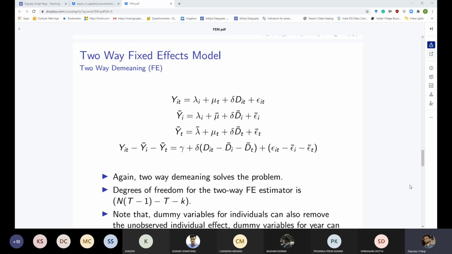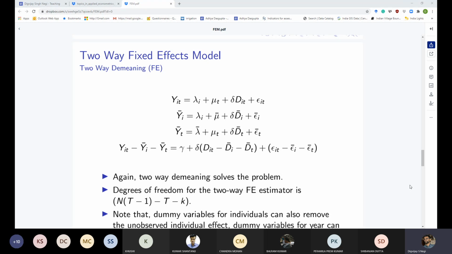Otherwise, doing a first difference would mean dropping some data where you have missing data and all those things. So that's the problem with first difference, that you need a neat rectangular data set where you have all the individuals and all the time periods. But when you do a fixed effects estimator, when you do a demeaning, then you don't have to drop anything, right? You can just calculate the averages for whatever time periods are available and demean them.